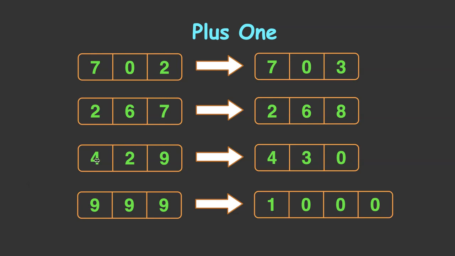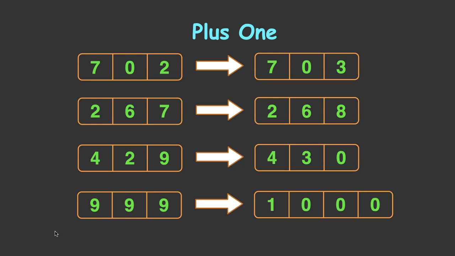Think about this case. The input is 4, 2, 9. In this case, it is not enough to increment the last digit when you encounter 9 at the end. We need to take care of its previous digit also. When you increment 9 by 1, it is going to be 10, which affects its previous number 2 in this case. All we need to do here is replace 9 with 0 while iterating backward and increment the digit by 1 if it is less than 9. Here 9 is replaced with 0, 2 is incremented by 1, which is 3. So we got the answer and return back the result, which is 430.